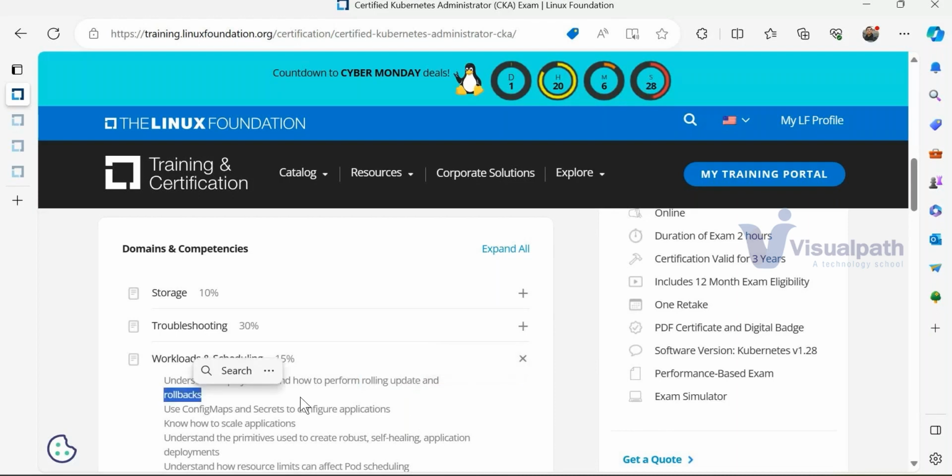Then use config maps and secrets to configure your application. Config maps are nothing but environment variables in simple terms. In these environment variables, we can capture everything, even the port number, IP address, username and password. But is it valid to put username and password in a config map as an environment variable? Anybody can get it, anybody can steal my credentials if I put it as a plain text environment variable. So what we do is create secrets. Secret is nothing but encryption and decryption. Kubernetes comes with an additional layer of encryption and decryption.